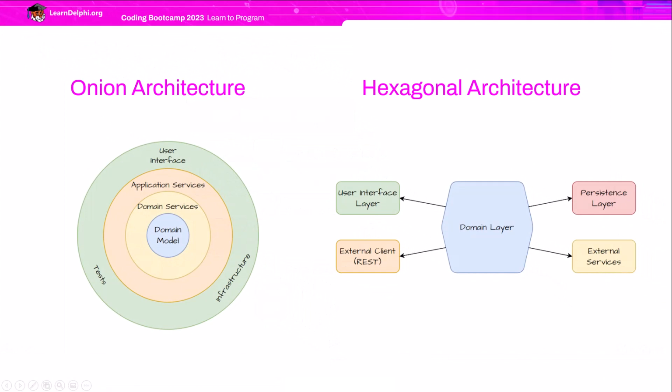In recent years, several architectural models have been proposed that aim to reduce coupling and dependencies. You must have seen some of them, such as onion architecture and hexagonal architecture, among others. The most important point is that they all have a common goal: the separation of responsibilities by reducing coupling. These oversimplified diagrams represent the main idea of each architecture. You will find variations of these diagrams on the internet, but as soon as you understand them, you will notice that they all have something in common. The business layer, now known as domain, is the center of everything and does not depend on anything else. The other layers are the ones that depend on the business domain.